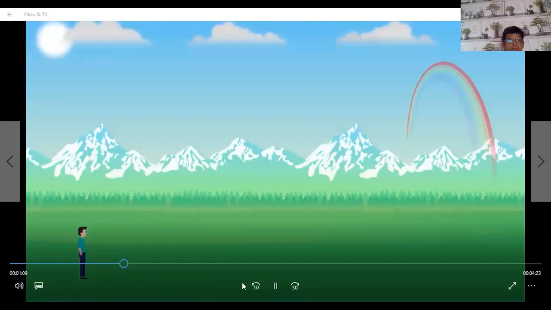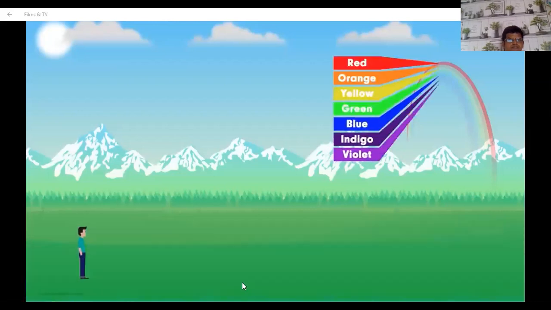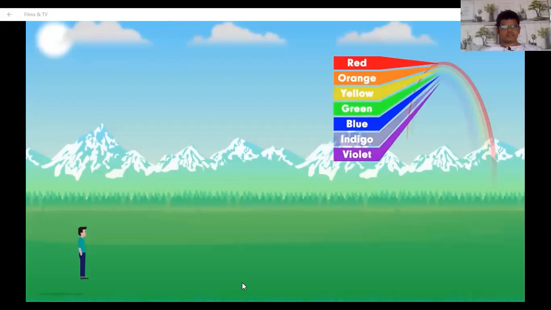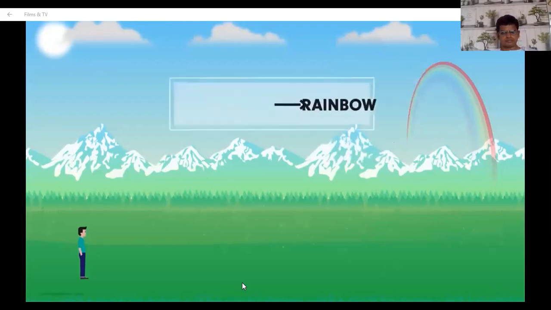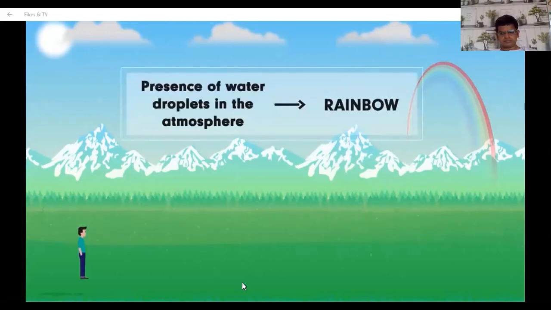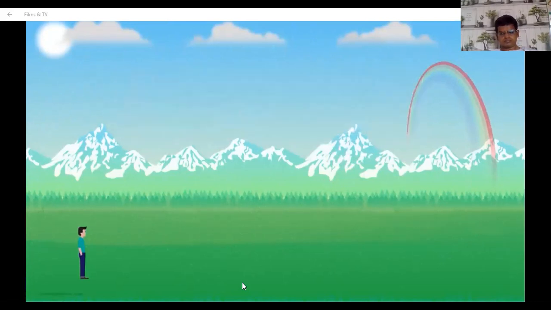We see the colors of a rainbow in order: red, orange, yellow, green, blue, indigo, and violet from top to bottom. We might not be able to see indigo that well because our eyes are not quite sensitive to that color. Now, as I told you, rainbows during the rainy season are formed due to the presence of water droplets in the atmosphere. There are many of these where a rainbow is formed. Say we are only looking at the red part of the rainbow.